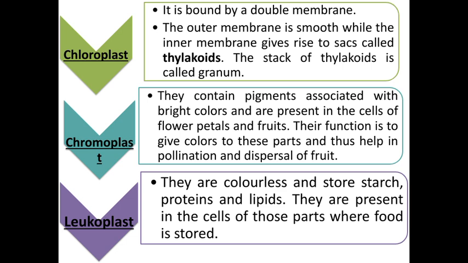Chloroplast. Firstly, it is double membrane, and the outer membrane is smooth, and the inner membrane gives rise to sacs that are known as thylakoids, and the stack of thylakoids is known as granum. Next is the chromoplast that contains the pigment associated with bright colors and is present in the cells of flower petals and the fruits. And their function is to give colors to these parts and help in pollination and dispersal